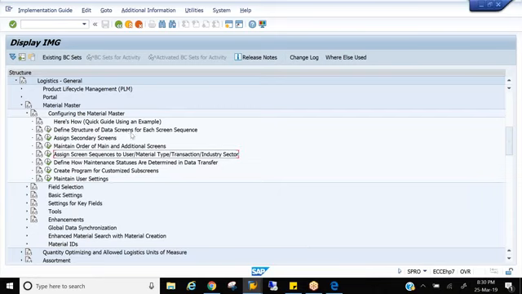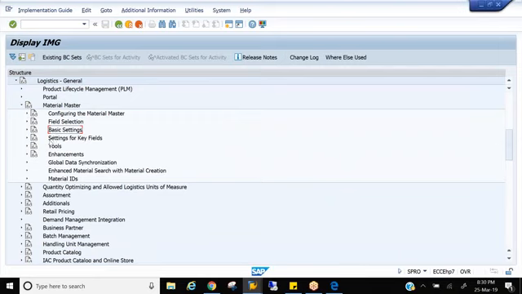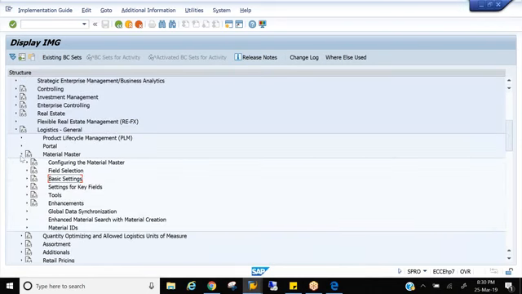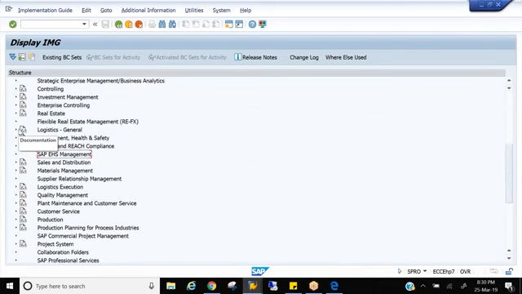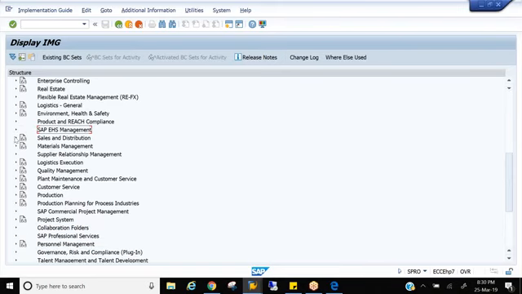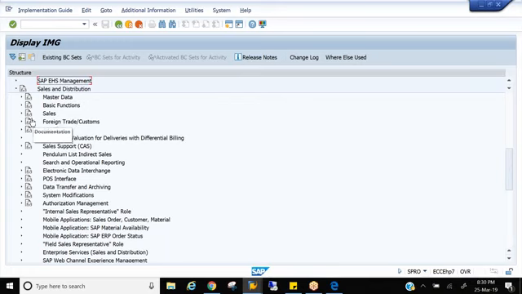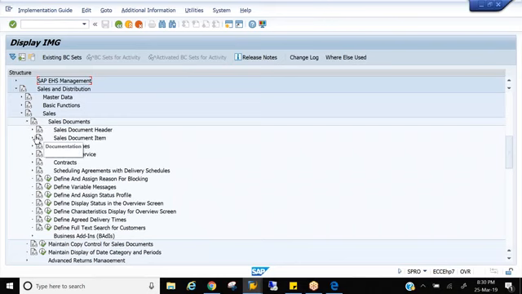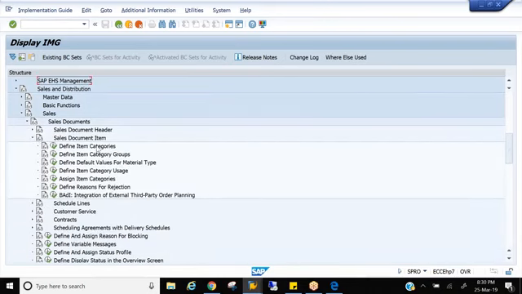We can create a new item category group and make sure you assign it. Access sequence, main addition. Somewhere I remember it should be here. Or else let's check in sales and distribution, sales. Okay, yeah, it should be in... Okay, this item category group in logistics execution material master is actually assigned to the MRP type. Now for SD it will be in the sales itself. Here, sales: in the sales documents, sales item, and item category groups.